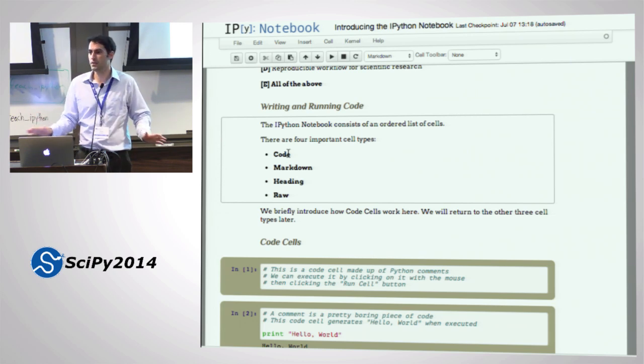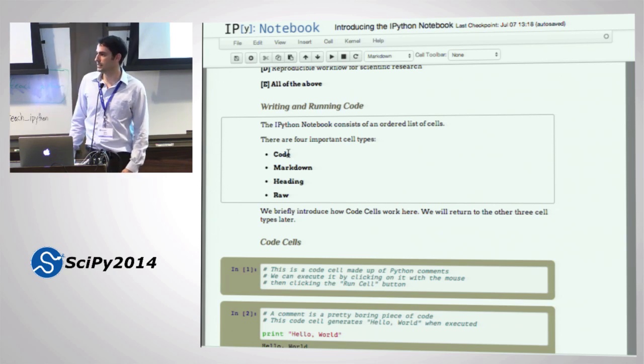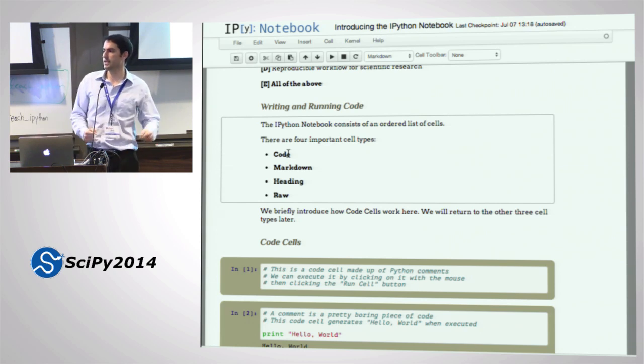So what's an example? Who here has used a raw cell before, and why did you use a raw cell? Yes, Eric. For example, you just paste some data file, for example, that... Okay, Eric pastes a data file in an ASCII table, right? So it's just something to show.